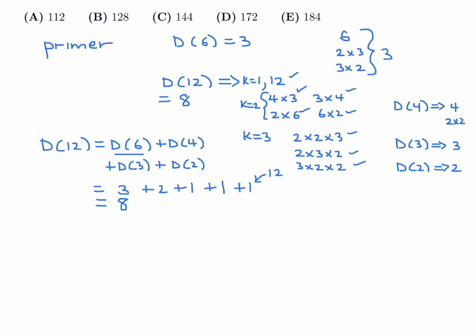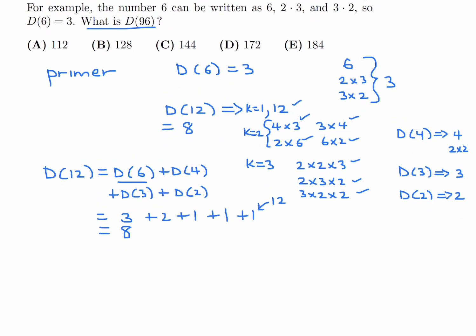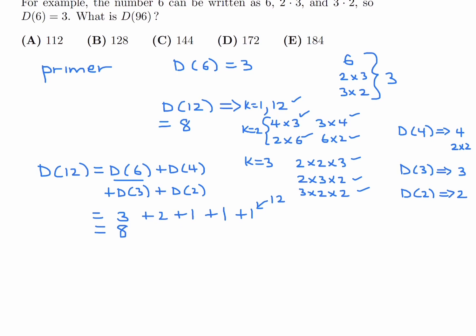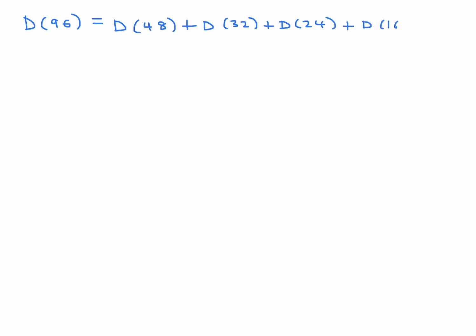All right, so what do they want us to figure out in this question? D96 right here. Okay, so I will do D96, and off we go. D96, as we have previously concluded, will be a sum of the D's of the factors of 96, which are 48, plus 32, plus 24, plus 16,